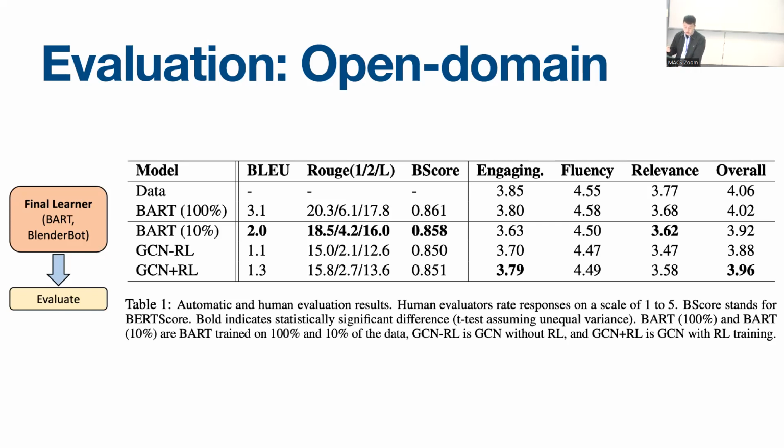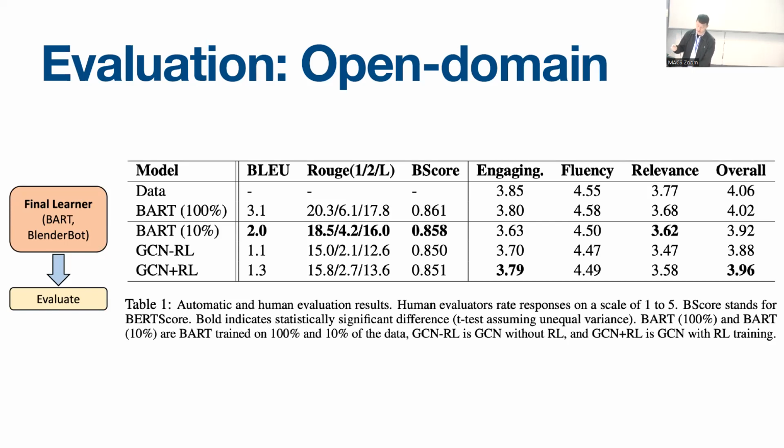So for this reason, we also conduct human evaluation. That result is on the right part. Human evaluators rate the output of the GCN learner, the baseline, and also the ground truths. Specifically, they rate how engaging, how fluent, and how relevant each response is on a scale from 1 to 5. We generate 1,000 examples for each condition using the same context and make sure we have 3 ratings